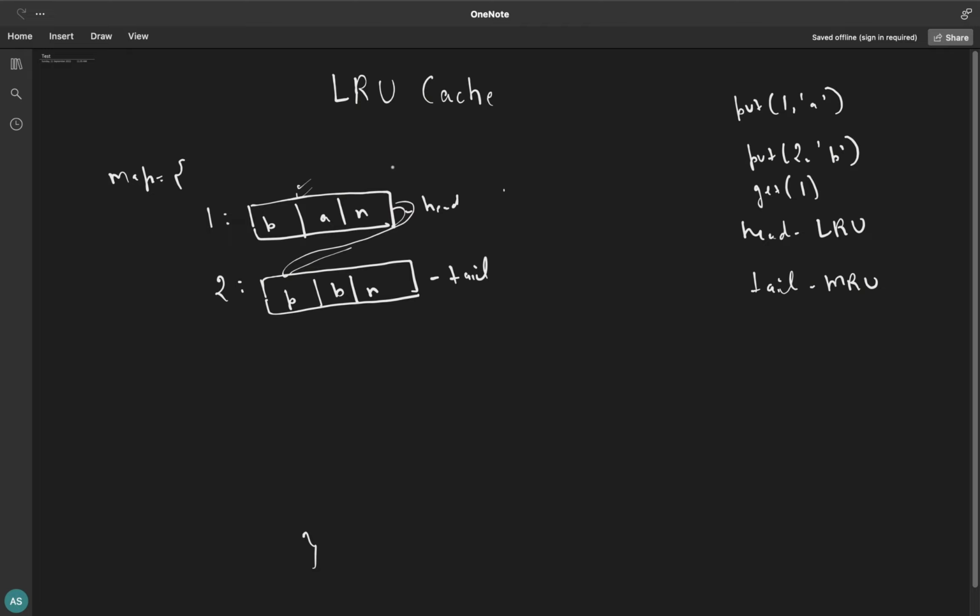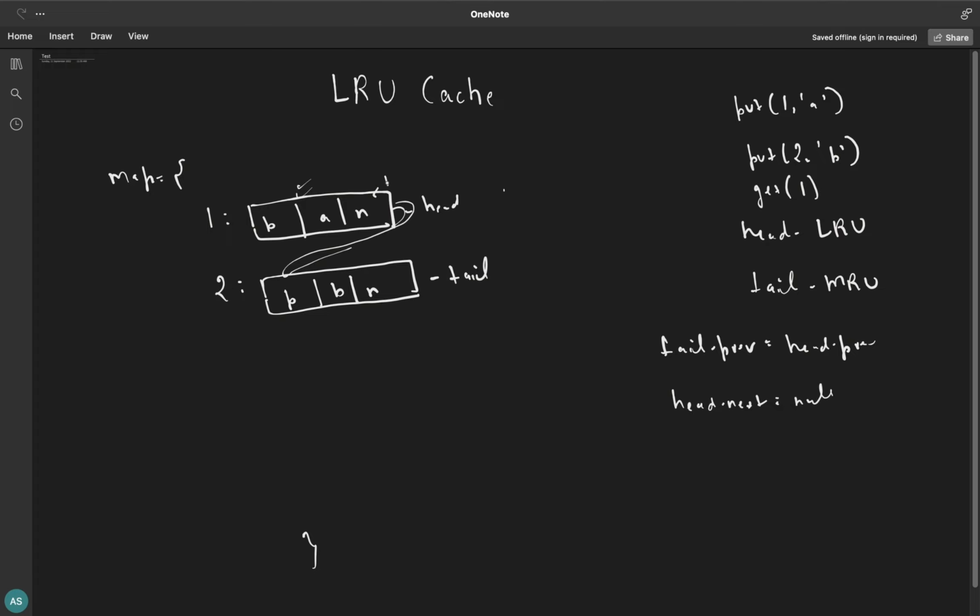This should become the tail of the linked list now, because that's how our LRU cache works. Tail always points to the most recently used, and head points to the least recently used. One thing to remember: before deleting it from our map directly, first we need to update these pointers as well. Since there are only two elements present in it, tail dot previous will point to head dot previous,